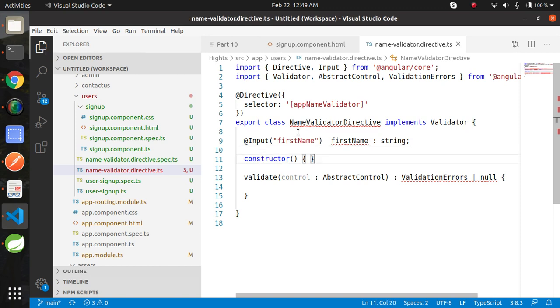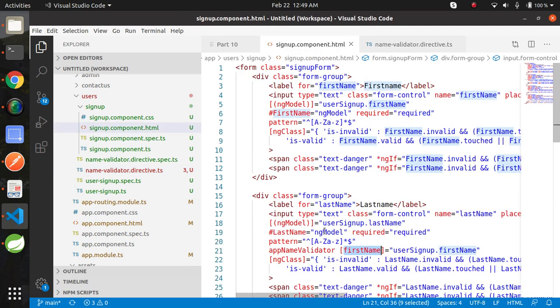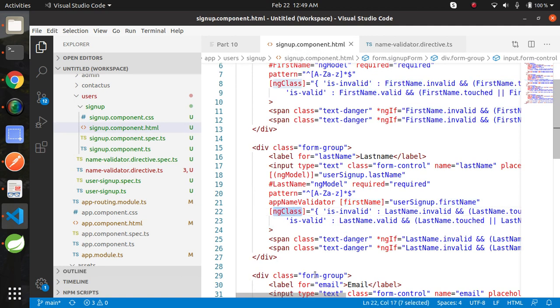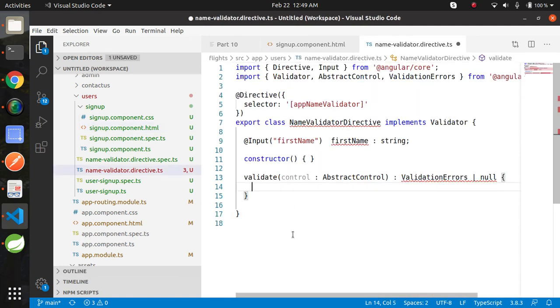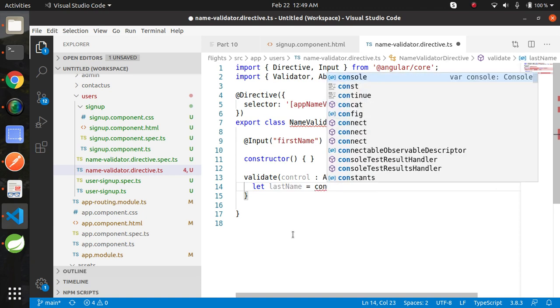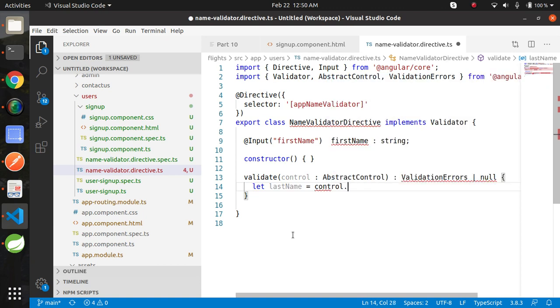Now we are invoking this directive from the last name element. In control we will get the last name. Let lastName equal to control.value.